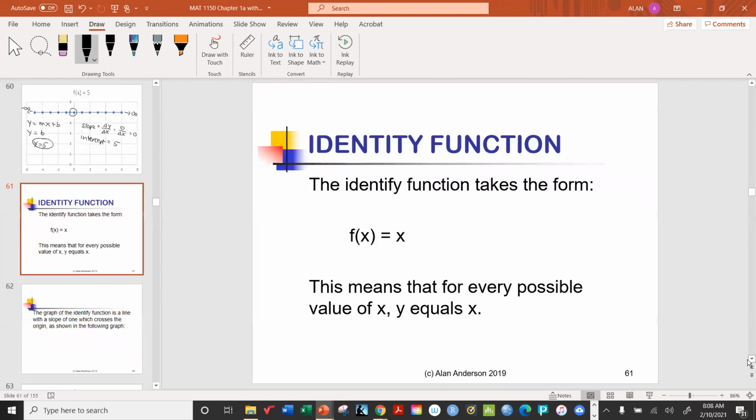All right, now the next one, the identity function, means that x and y are always equal to each other. By the way, just don't forget that when we write a function out like this, this is the same thing as y equals x. Y equals f of x in all of these cases. So these mean the same thing. So you can see y always equals x. They're mirror images of each other. So basically, when you draw this thing out,